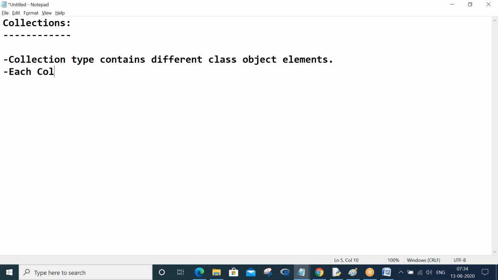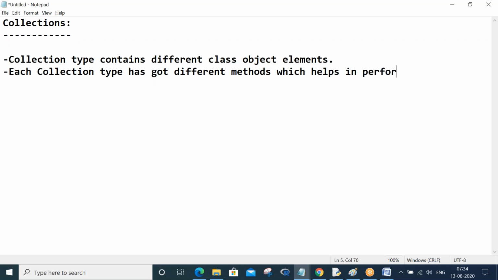Each collection type has different methods, which help in performing some operations on collection elements.